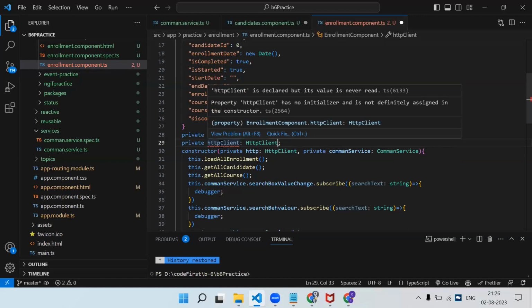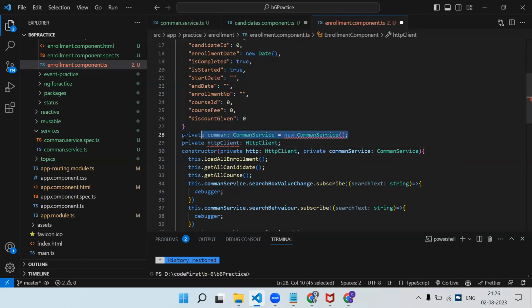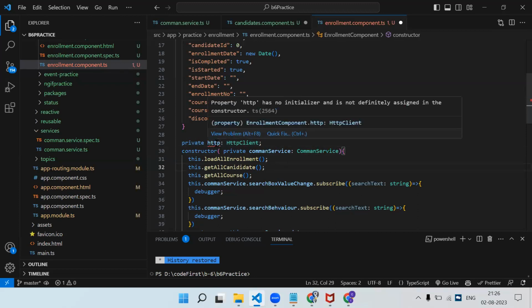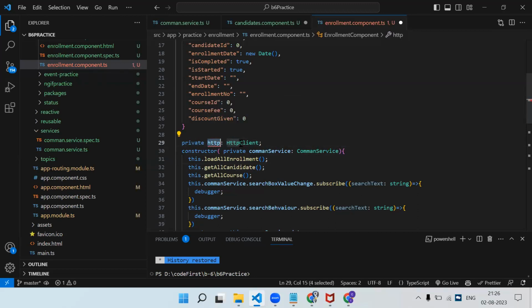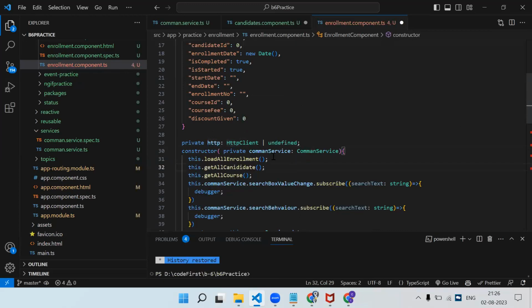What it will say is declared but never used. Okay, so we don't need it like this. This is just a message, let me rename this. Let me remove this. And undefined. Okay, so this is also how we can create an object of the service, right?